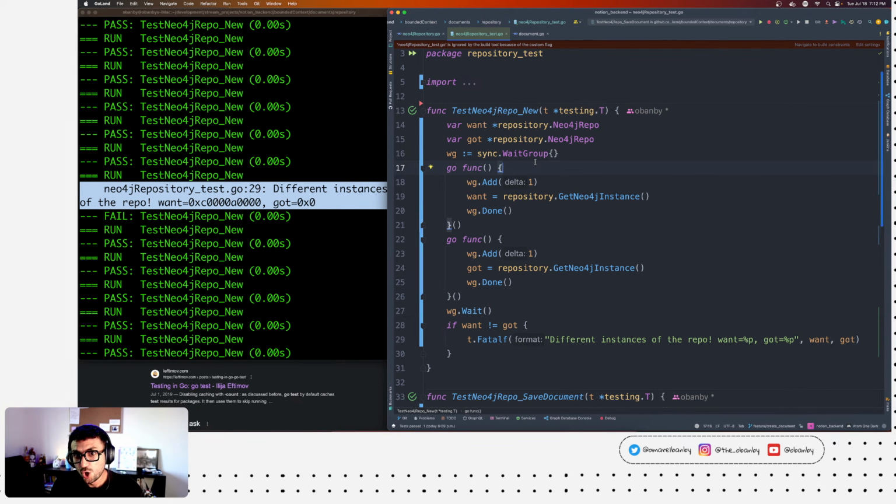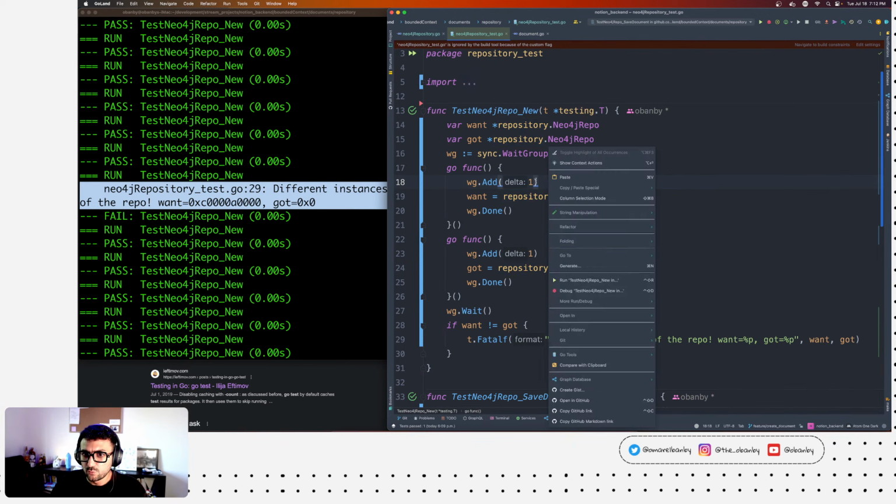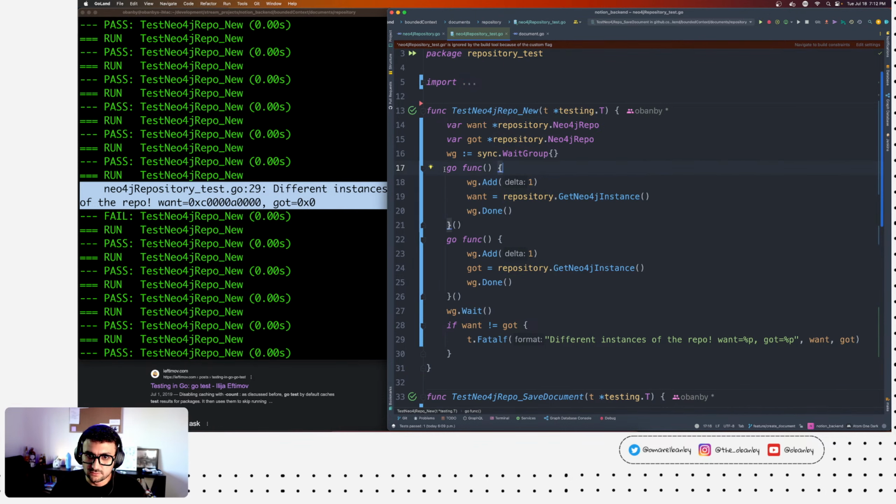But we don't know if it's running asynchronously or in parallel. Because of that, sometimes this will run first, then this second. Sometimes this will finish first and this will finish second. But then the problem happens when you run into a situation where this didn't finish, and both of them get a new instance.